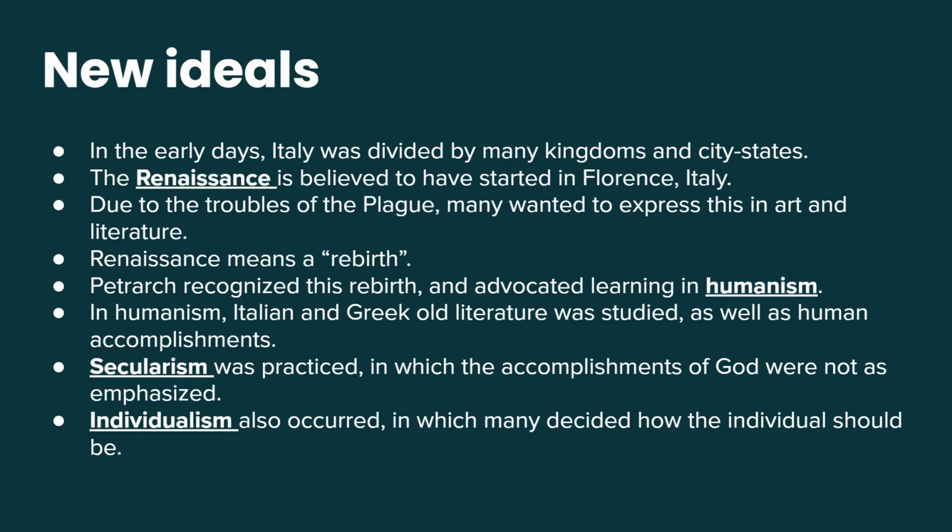The Renaissance is believed to have started in Florence, basically, and due to the troubles of the plague and other factors, they wanted to express their experiences in art and literature. And the Renaissance means rebirth. So there's Petrarch, who recognized this rebirth, and he realized that this was an opportunity for him to spread his ideas. And he believed in humanism, which was that one should study the Italian and Greek classical literature and